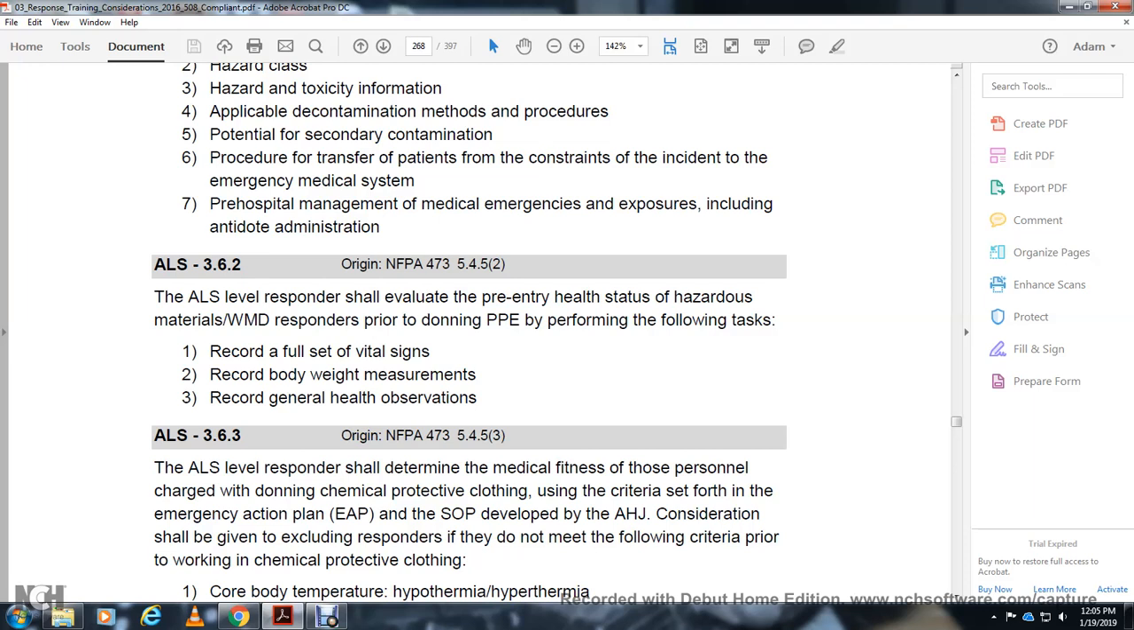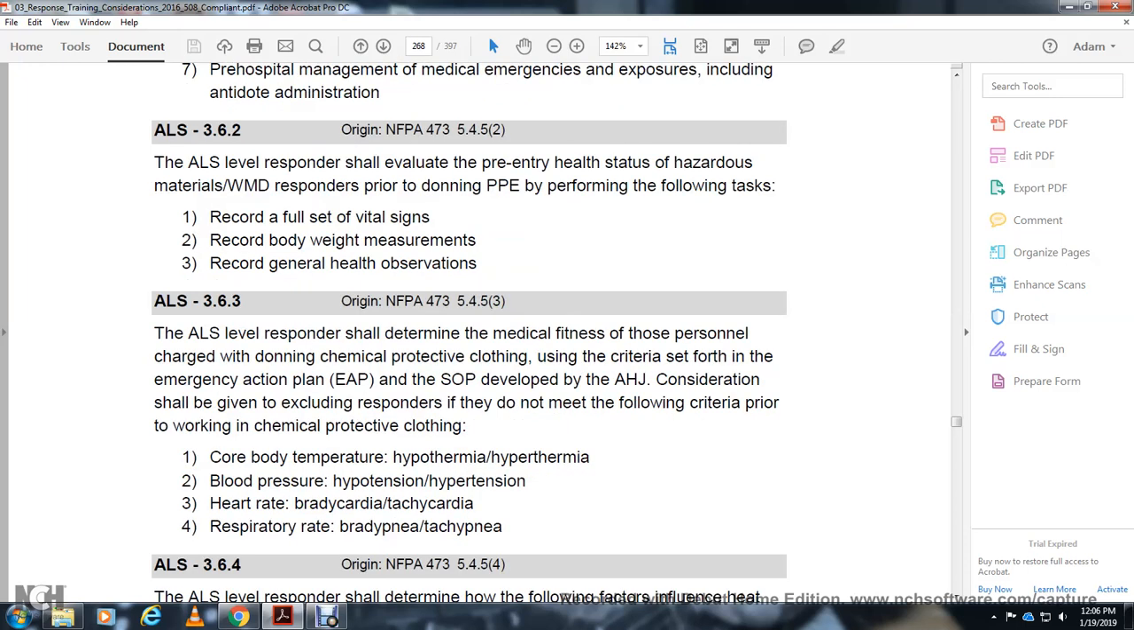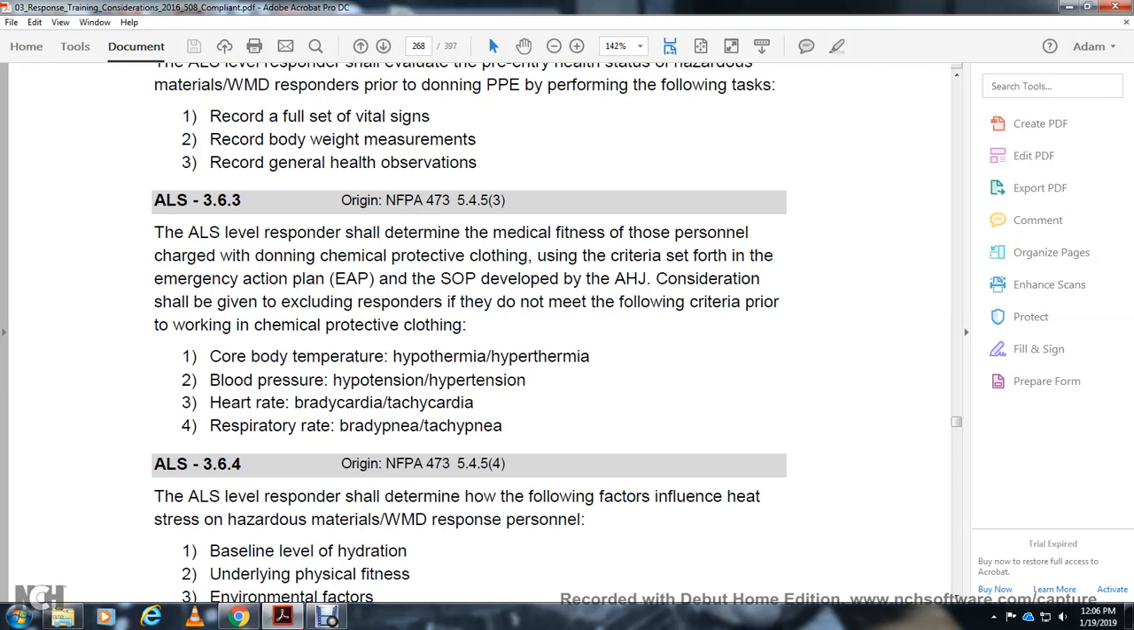standard operating procedures developed by the authority having jurisdiction. Consider excluding responders if they do not meet the following criteria prior to wearing chemical protective clothing: core body temperature, hypothermia, hyperthermia; blood pressure, hypotension, hypertension; heart rate, bradycardia, tachycardia; respiratory rate, bradypnea, tachypnea. Advanced life support level responders should determine the following factors, including the heat stress of